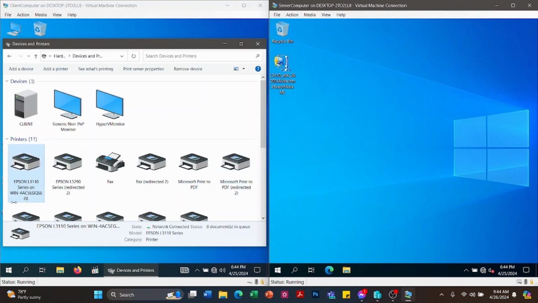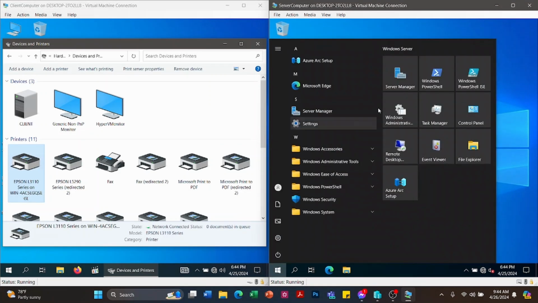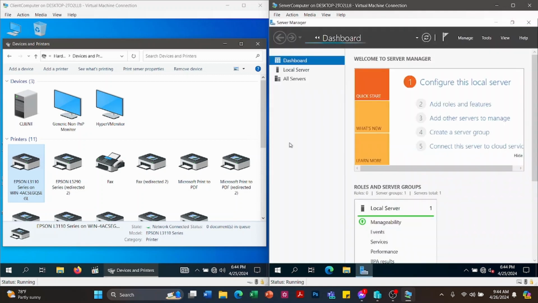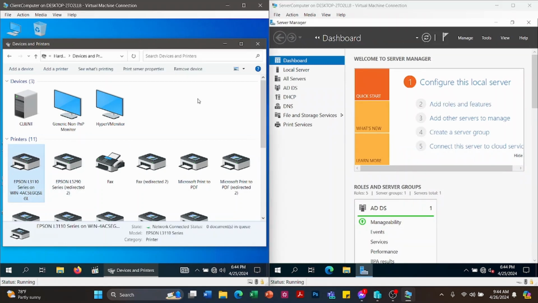This one, Win 4, is the computer name of the server computer. So if the printer's name appeared in the list of the client computer, meaning we have successfully imported the printer to the client within the network.